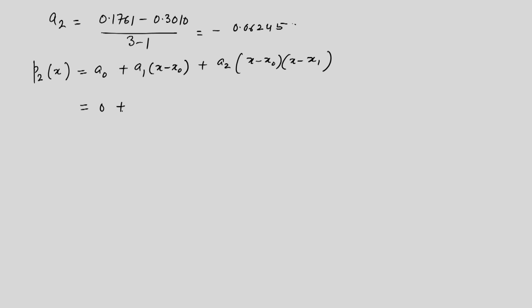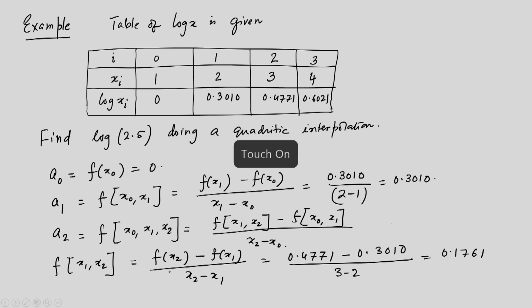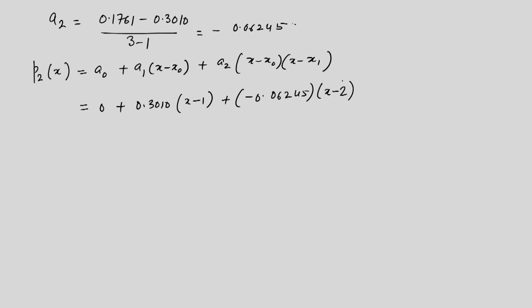A 0 is of course 0, and this is 0.3010 into x minus 1, plus minus 0.06245 into, we have gone one digit more here, x minus x 0 is 1, and x minus x 1 is 2. So if you simplify this